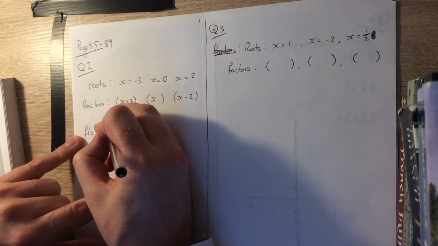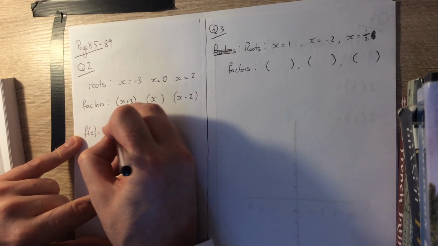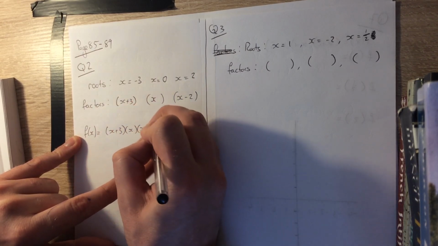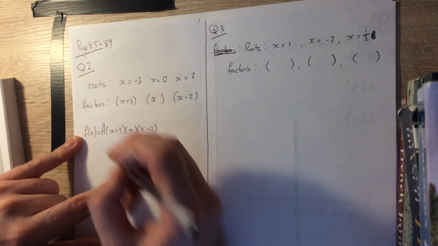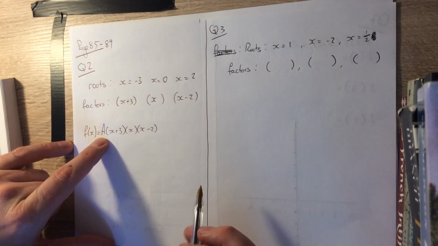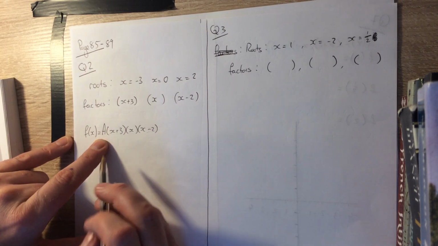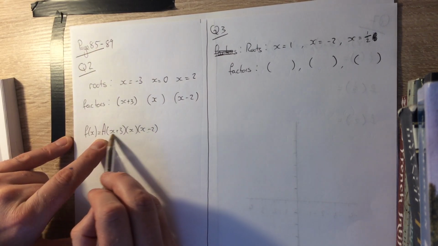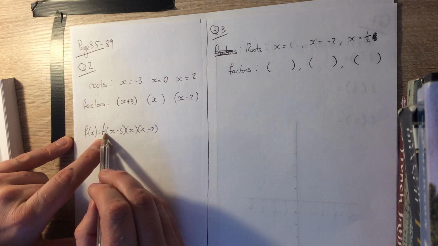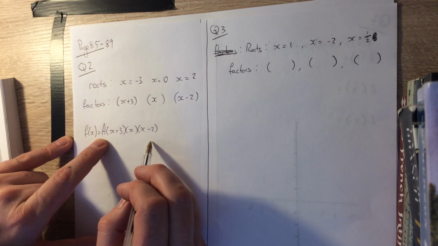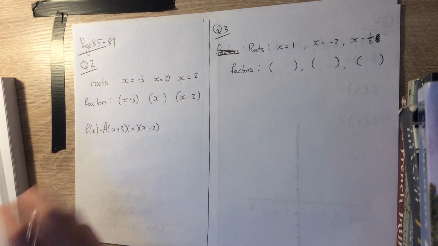So we can write the function as x times x plus 3 times x minus 2, all multiplied by some other number a. These are factors, but there may be another factor that is not a variable. It doesn't have an x in it, just like a 2 or a 5 or a 7 or some whole number. So knowing that, we can say, well, we know that for the blue curve,